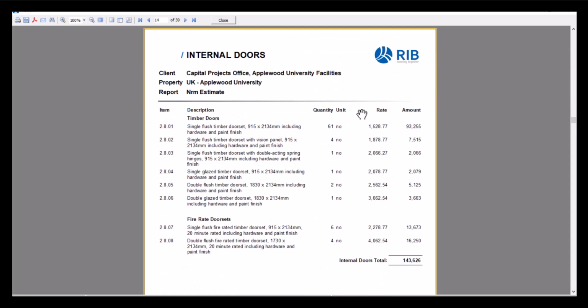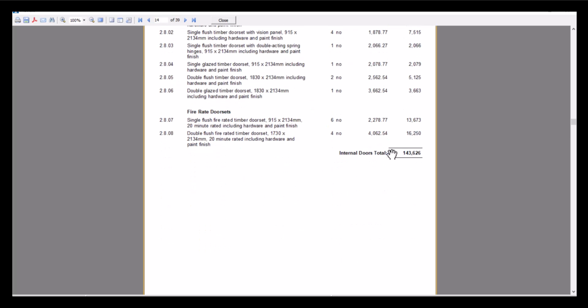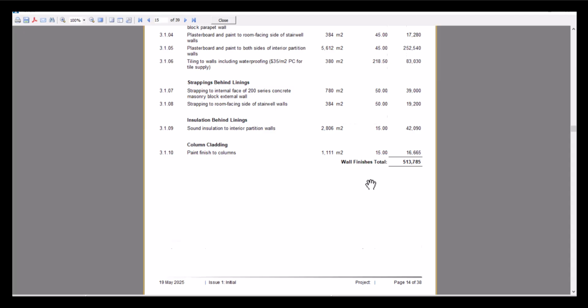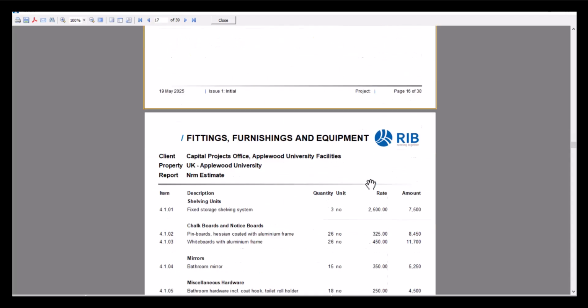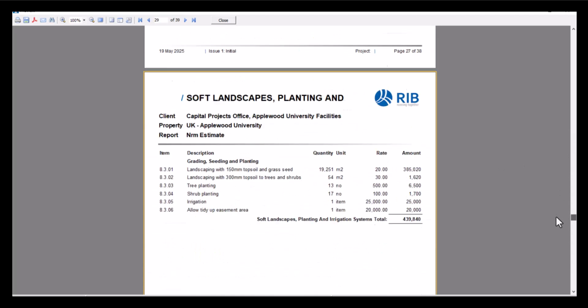I don't know if you remember, but in the workbook, these are our headings. They follow NRM, and the information underneath was from our level 2 information. So you can actually adjust this as well to capture information as far down as many levels as you've used. We've also got a total at the bottom of each section. And what we've also got, if I scroll down to the end,